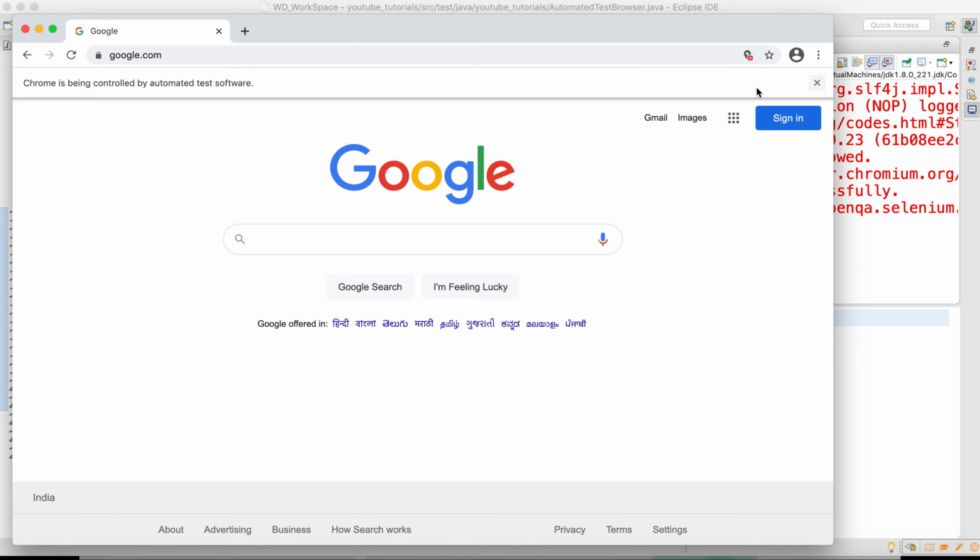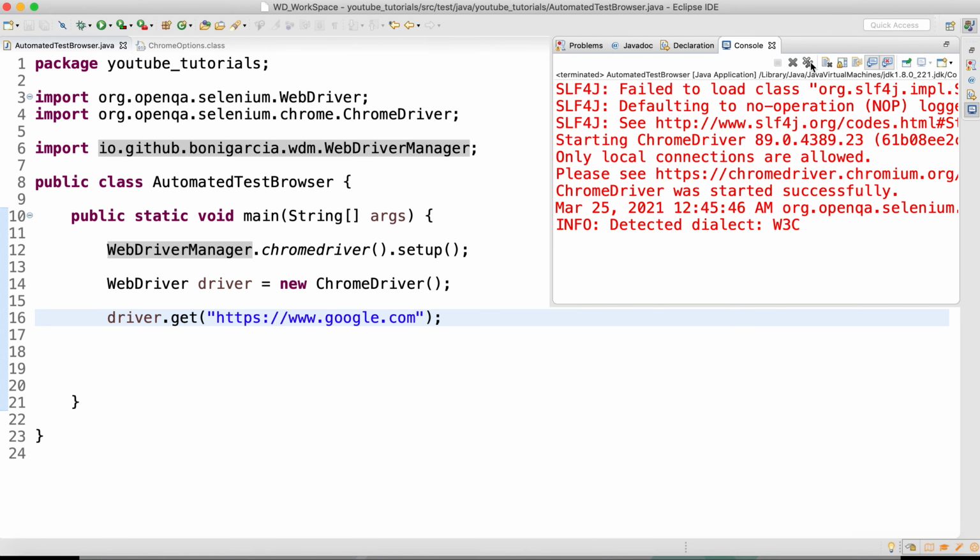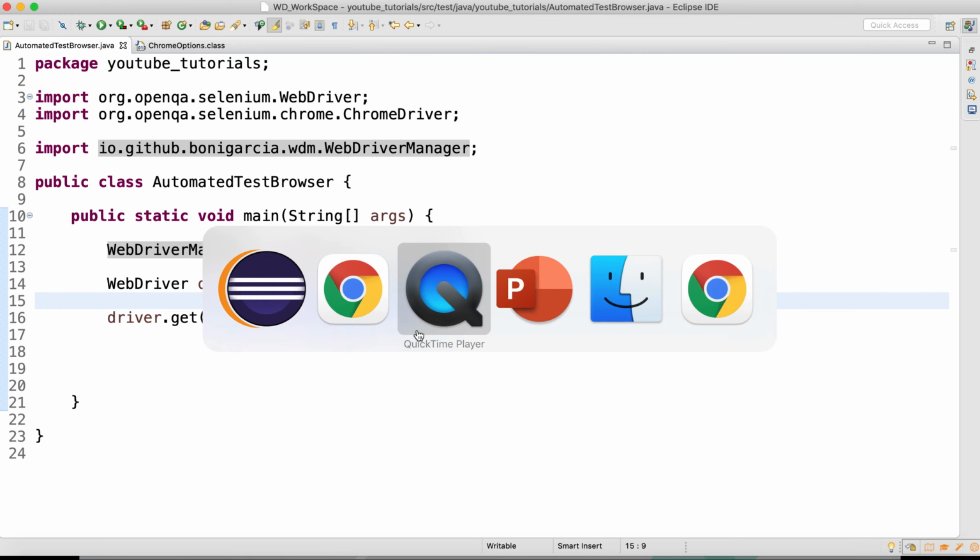We don't have any Java methods directly, or any click method, to click on this particular notification, because this notification is coming from the browser. We don't have any methods like driver.findElement(...).click(). This is not there. So for that reason we need to make use of Chrome options capabilities. So let's see that.